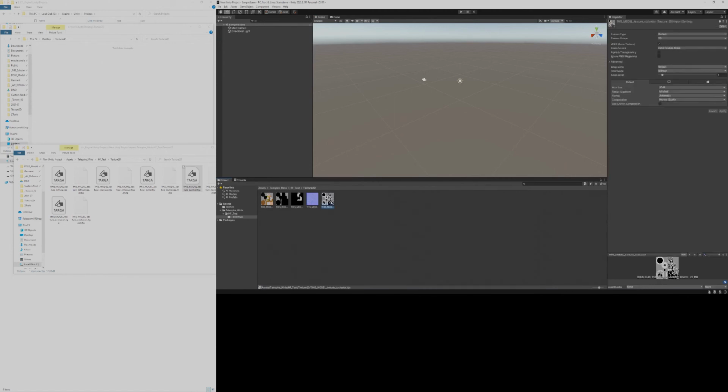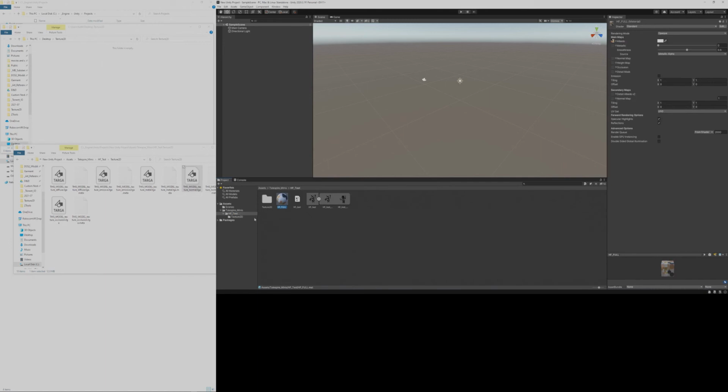I believe this is the occlusion. So, it's an occlusion, metallic, up. So now,